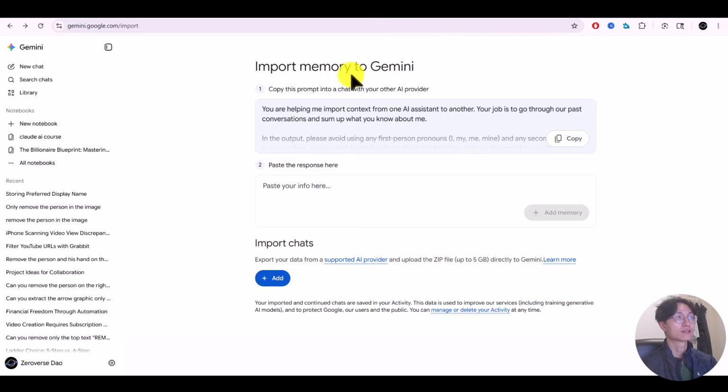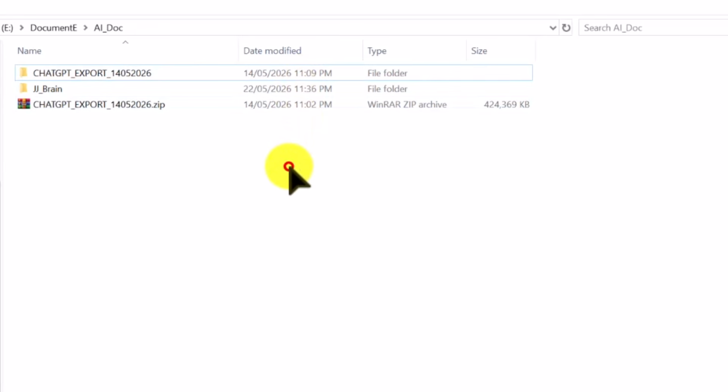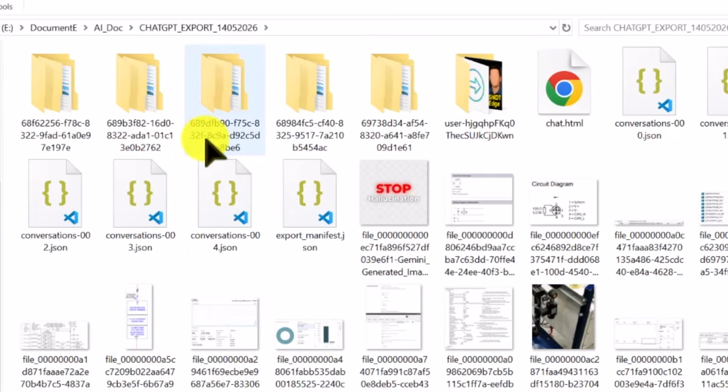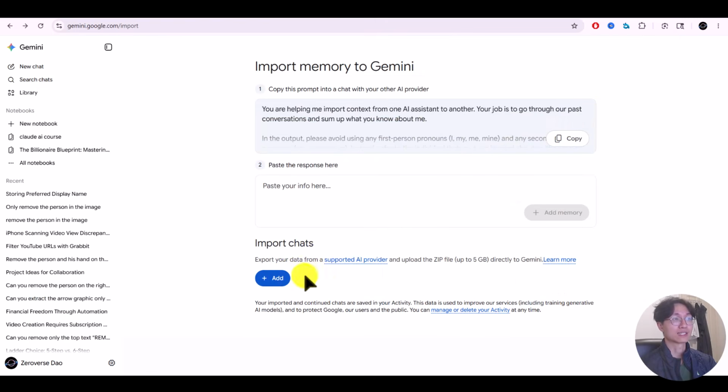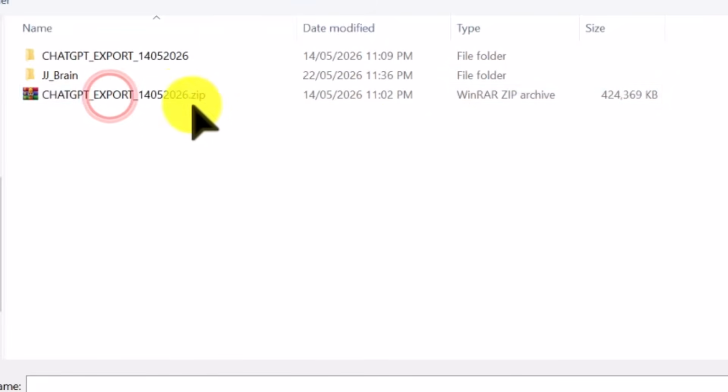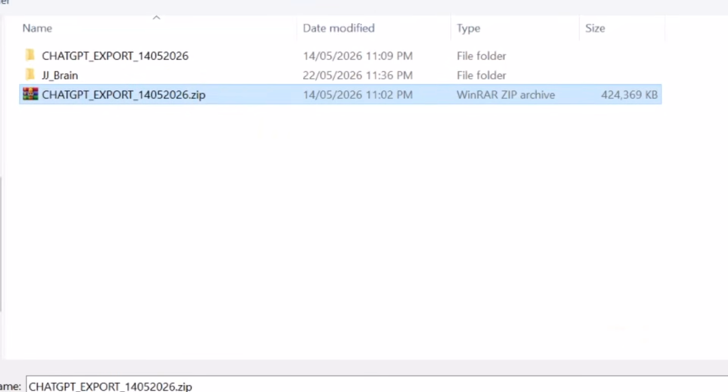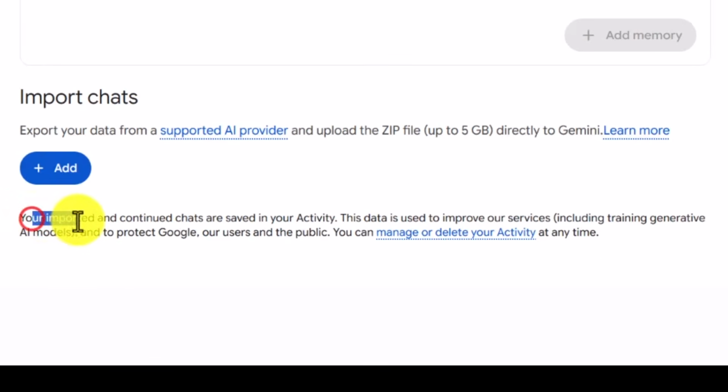Let's go back to the same page, import memory to Gemini. Remember the exported ChatGPT data that you just did. So this is the ChatGPT files that you have, and you have this chat.html, which is really important because it contains all your conversations with ChatGPT, but without any order, it's just text. I have 70 megabytes, so it's about 7 million words. It's a lot. But the great thing about Google Gemini is that you can just import the entire zip file. So just click add, find your ChatGPT zip file, and then